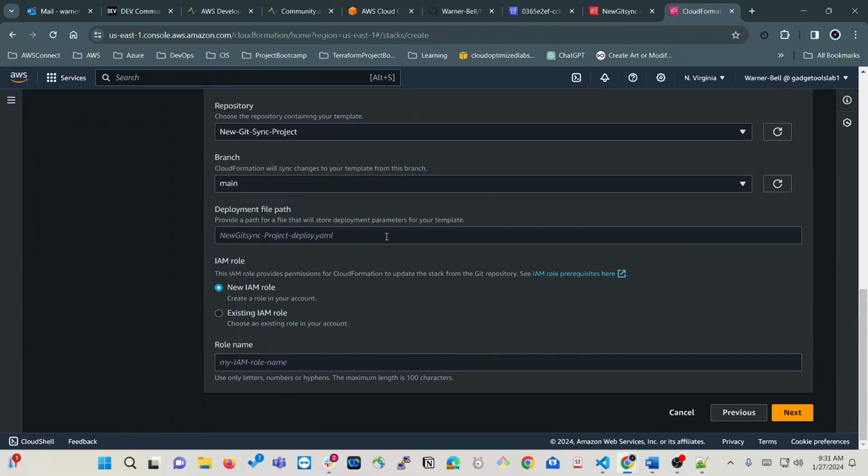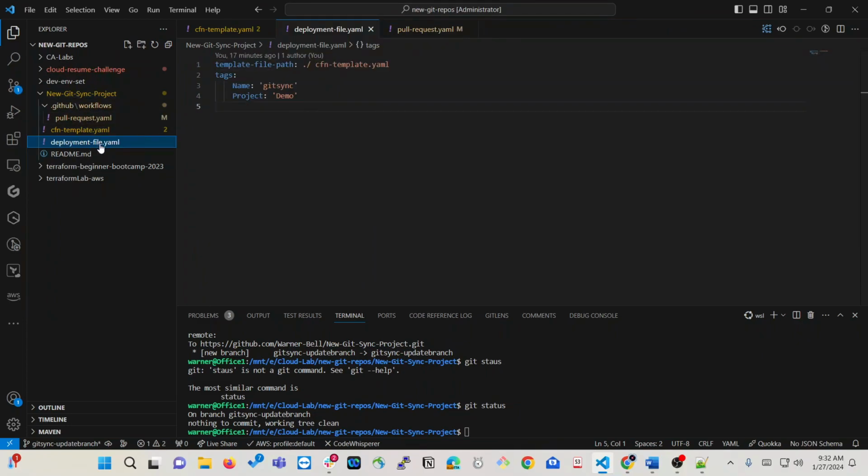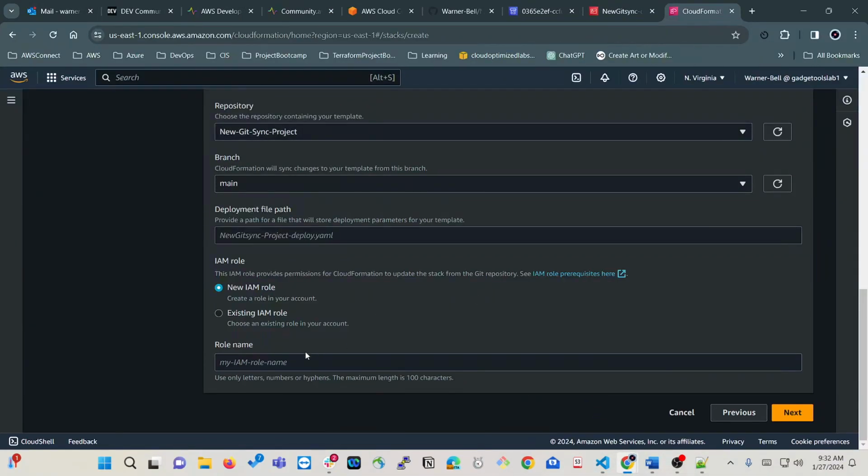The development file path, if you remember, we also created a dev file, a development file, and we need the path to it. So let's go to VS Code and see what the path is. And it's going to be deployment-file.yaml is the name. So let's go back over to here, and we're just going to put in here this. All you need to do is put the name of the file,